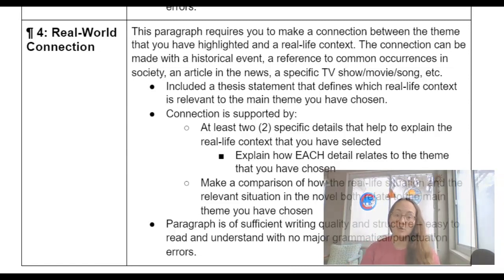Say you want to write about courage, then you would select a symbol that has something to do with courage. You would select a character that is courageous throughout the story to write about, and then you would connect it with courage we see in society today. So what you're going to want to do is first and foremost figure out what big idea you want to address in your paper, and then come back and we'll talk about the theme statement.